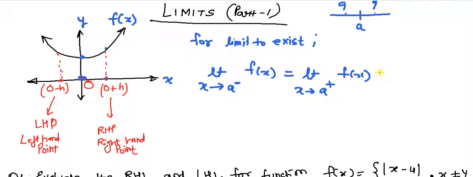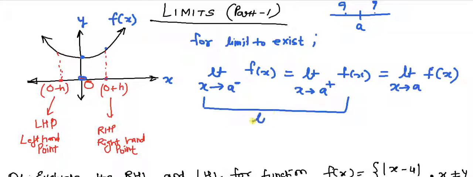So these are the two limits, and these two must be equal for that function, and they should also be equal to the limit exactly at a for f of x. If these two are equal, then it will definitely imply that this should also be there. Then we say that the limit exists. But how are you going to solve this problem?